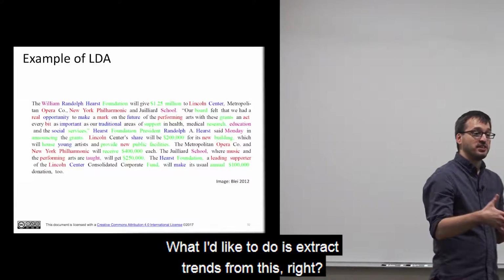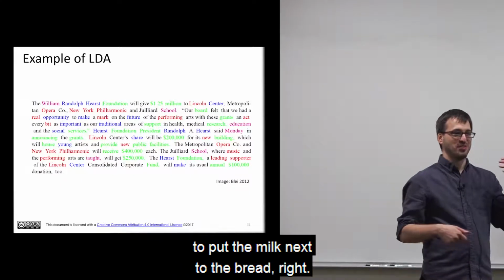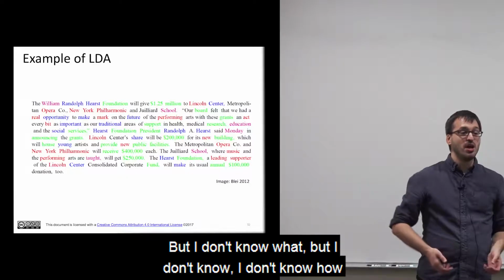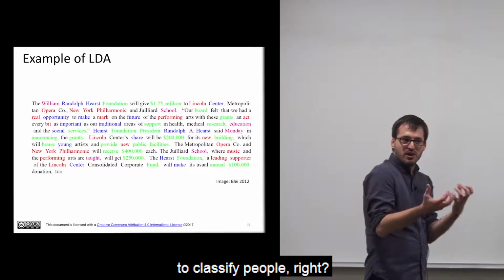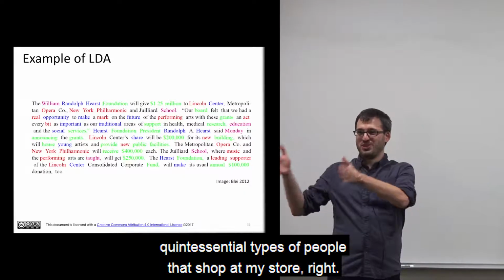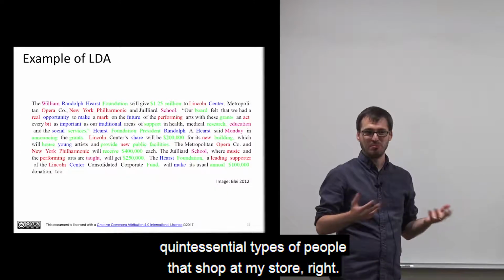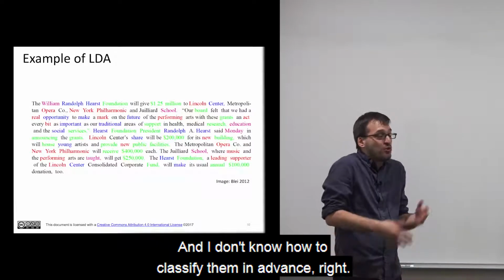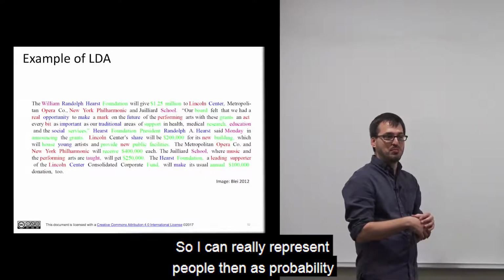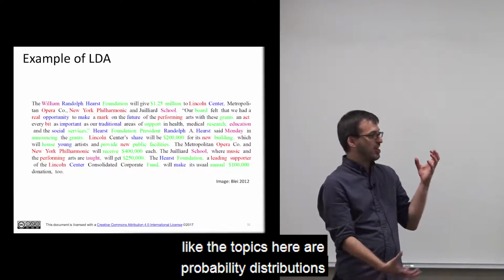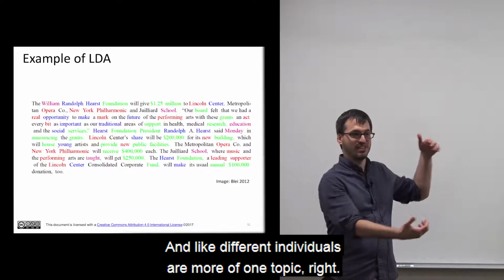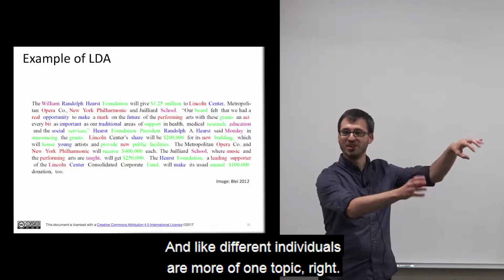What I'd like to do is extract trends from this, because I want to be able to put the milk next to the bread if people who buy milk buy bread together. But I don't know how to classify people. I'd like to extract the most quintessential types of people that shop at my store, and I don't know how to classify them in advance. So I can represent people as probabilities: the topics here are probability distributions over items you buy in a grocery store. And different individuals are more of one topic,